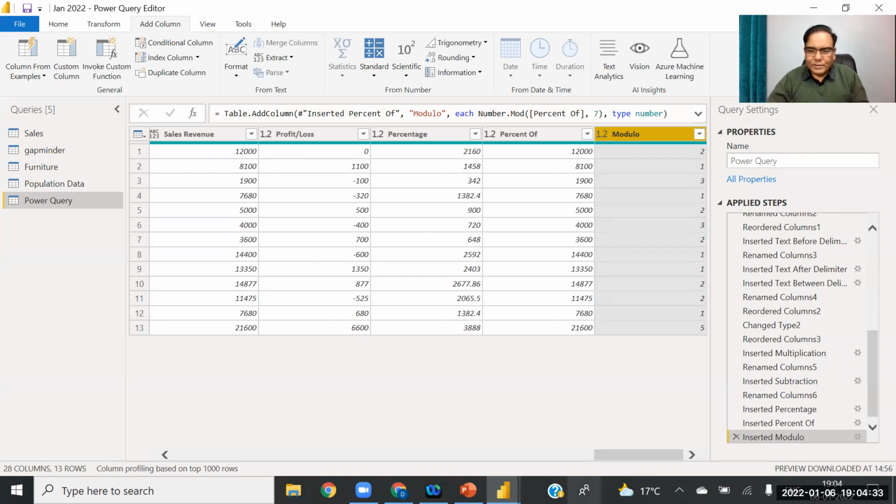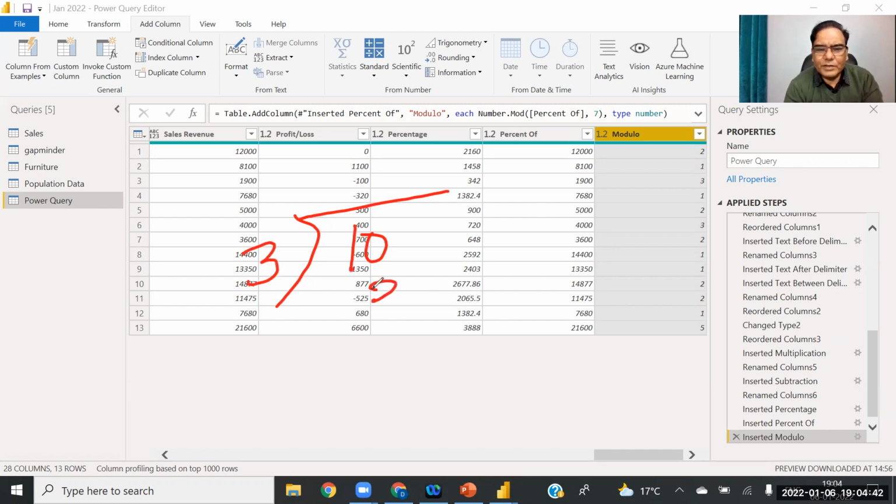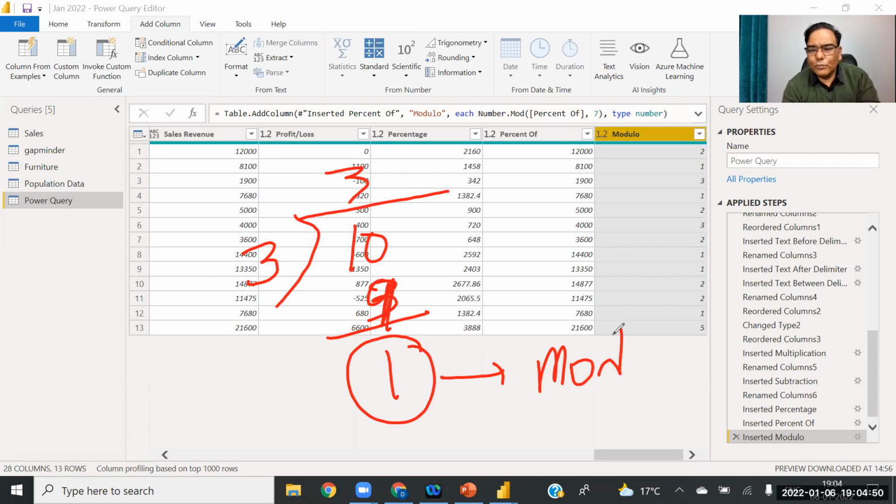Right. So let me just show you one thing. When you divide 10 by 3, 3 times 3 is 9 and 1 is left. So this number is called modulo. Remainder is the modulo.